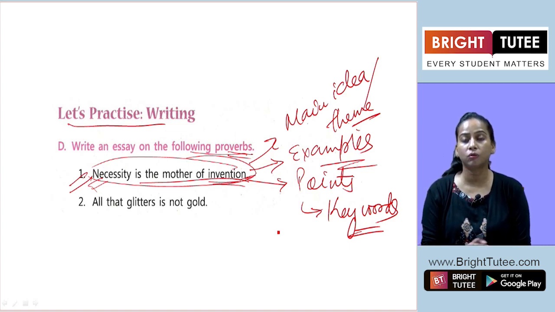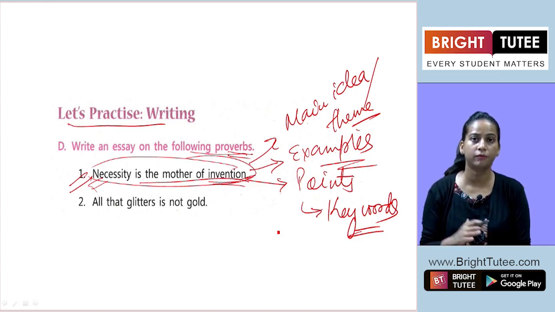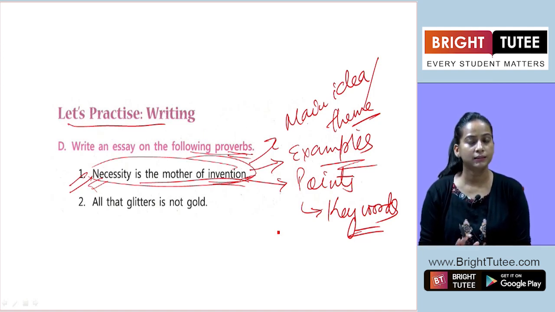And somewhere it is also giving us the indication that these human beings are capable of achieving anything. Because of these inventions, we can say what different sorts of inventions they have done, if we take the example of the bulb, mobile phones and all. All these are the things which were actually a necessity, which gave the thought, or it arose the thoughts in the mind of the people that these sorts of things are required. And when they were in need of that, they actually created the same with their innovative ideas.